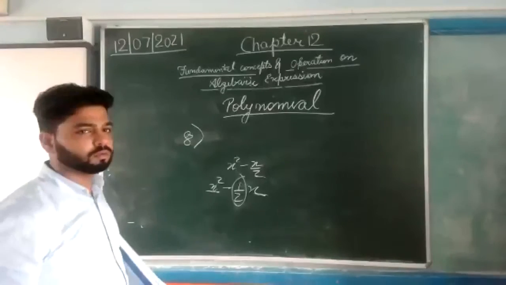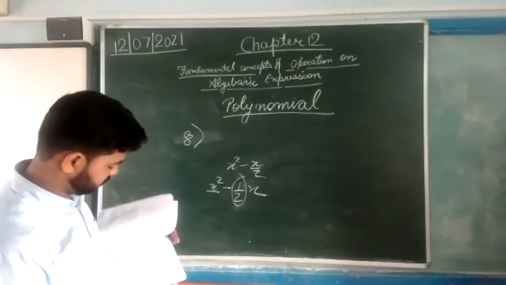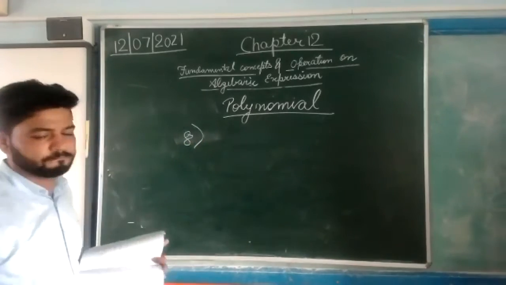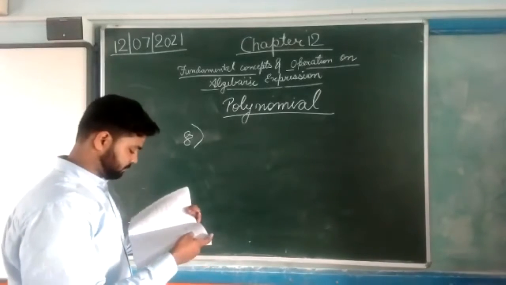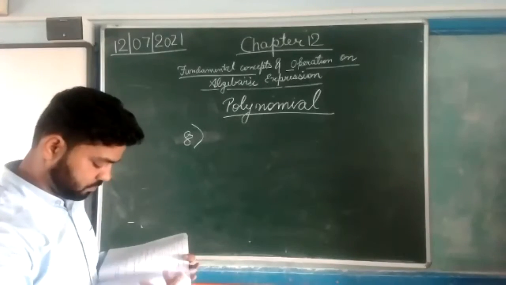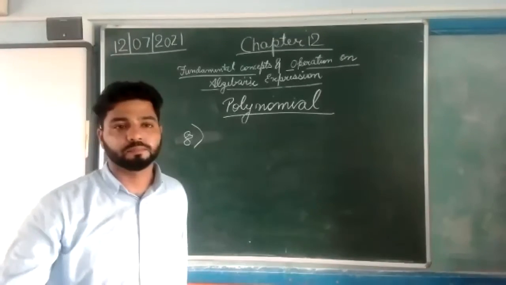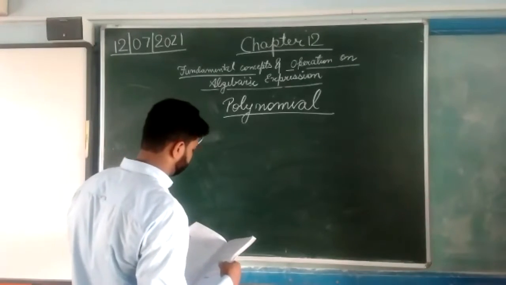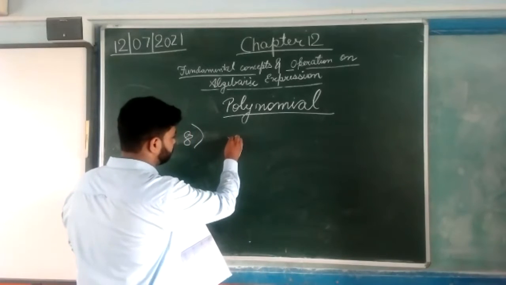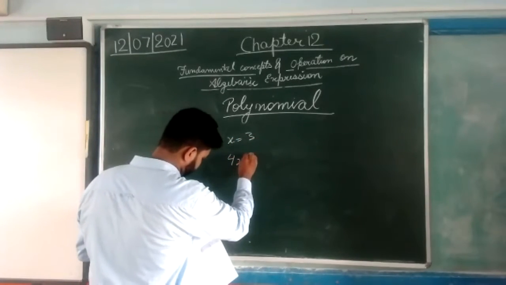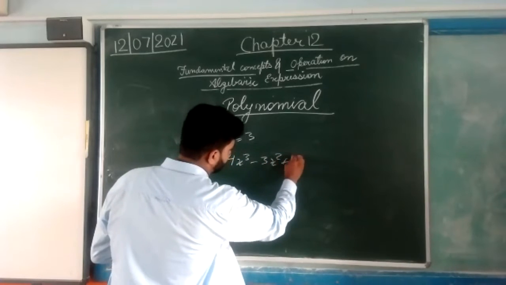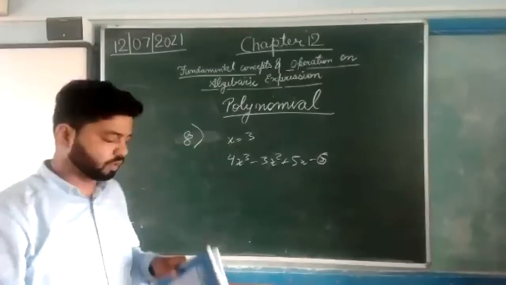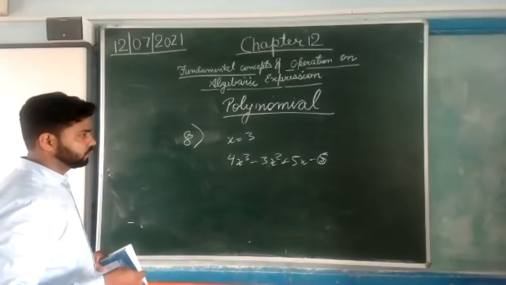No, your voice is not clear. X should not be in the denominator. Minus sign, then it will be a polynomial, not a polynomial. Like x to the power minus 2, then it will be polynomial. One more time. Yes, sir. I'm asking that if the power is negative, like x to the power minus 2 is there, then will it be a polynomial or not a polynomial? Your voice is not coming clear. Wait, Rudransh, I have the question. Sir, I can tell this answer.